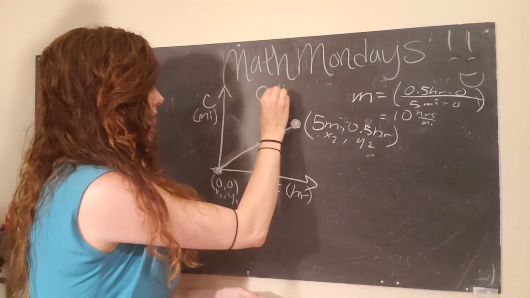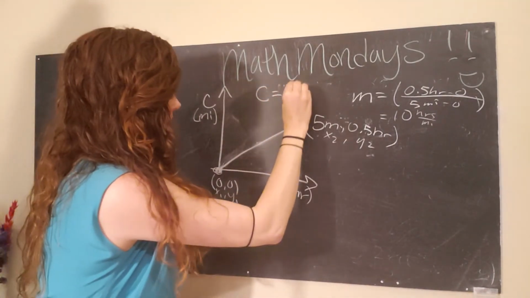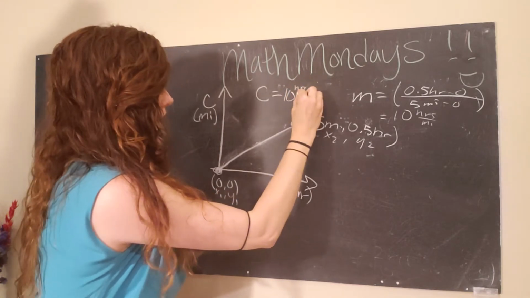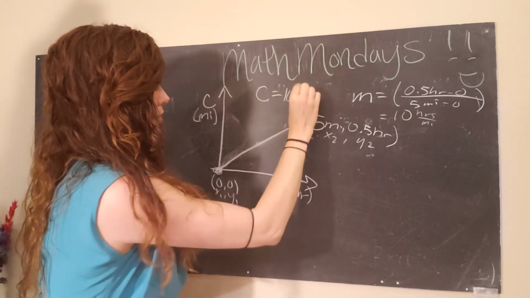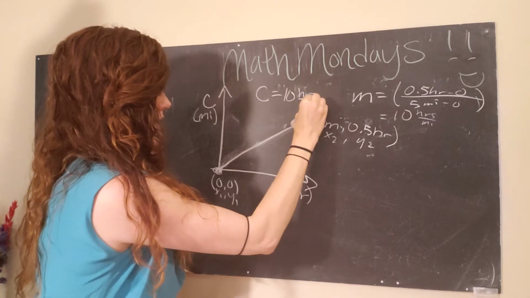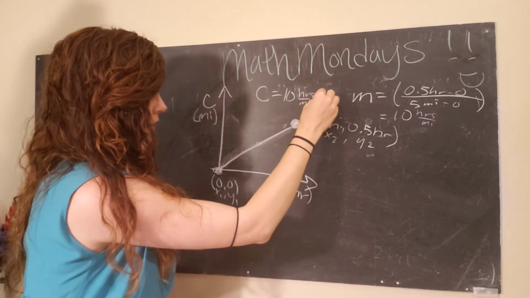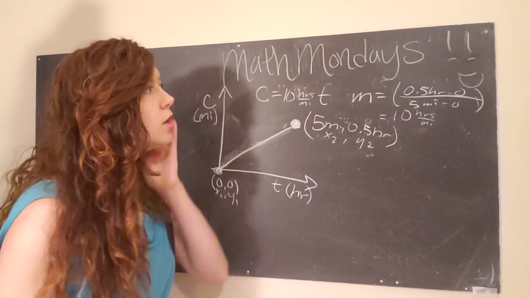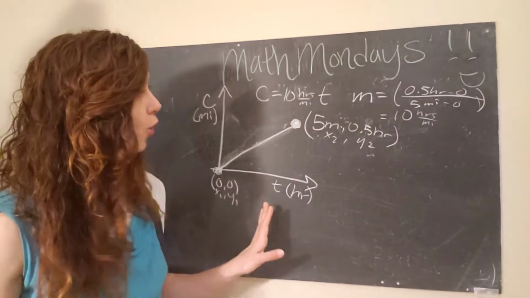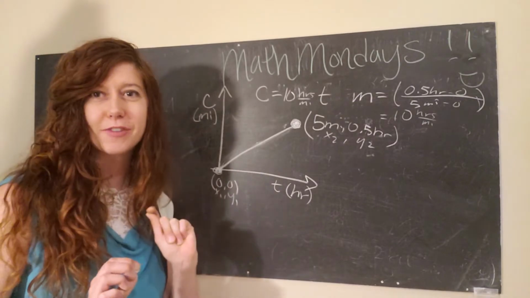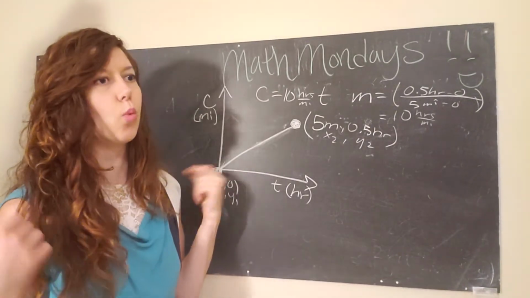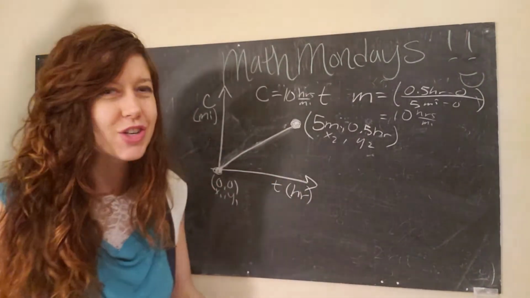So the distance that we have traveled equals 10 hours divided by miles. Whoops, that kind of looks like it's times t. Okay, so now this is where we pull in derivative calculus, because what derivative calculus allows us to do